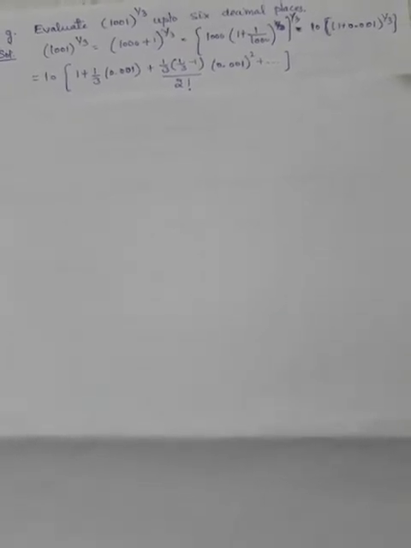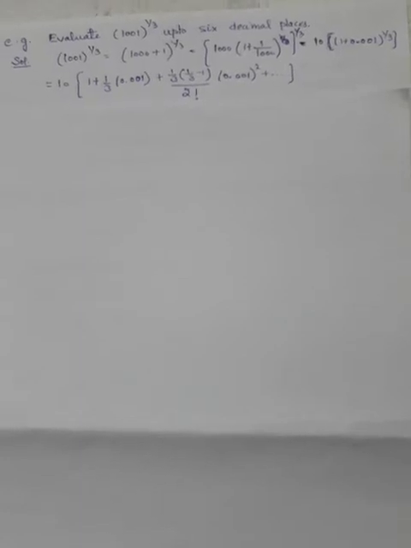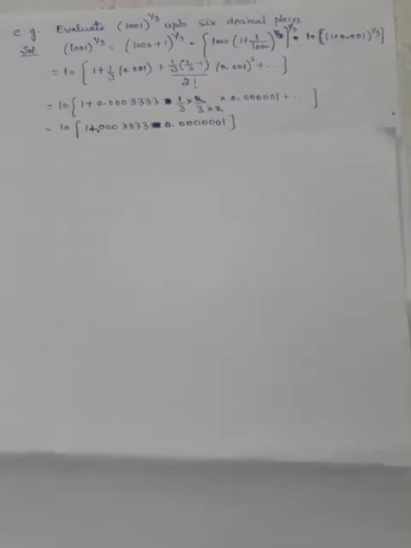be writing 0.001. Then next step, n(n minus 1), 1 upon 3 bracket 1 upon 3 minus 1 bracket close, x square upon 2 factorial and so on. I am not writing the higher powers of 0.001 or higher powers of x, as I have to calculate my answer up to 6 decimal places, and after up to this step I will be getting my answer. After calculating it, you can easily calculate it. It is a simple task. You will be getting these terms.